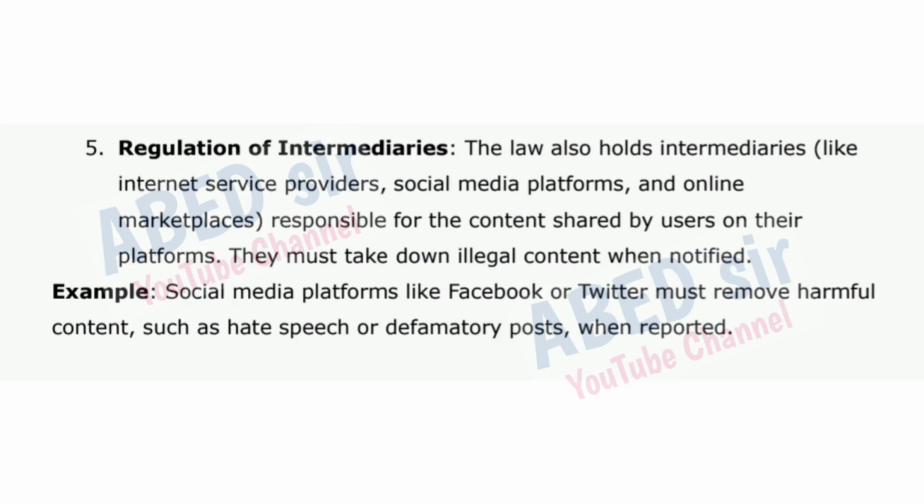5. Regulation of intermediaries. The law also holds intermediaries like internet service providers, social media platforms, and online marketplaces responsible for the content shared by users on their platforms. They must take down illegal content when notified. Example, social media platforms like Facebook or Twitter must remove harmful content such as hate speech or defamatory posts when